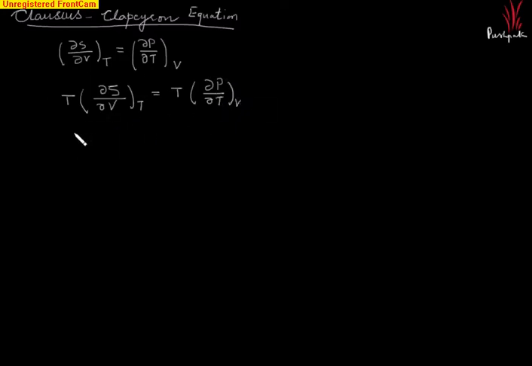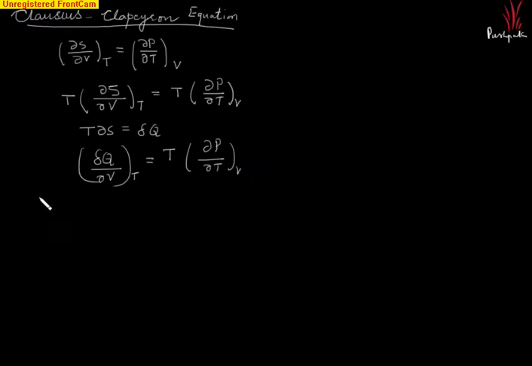In this equation, T times delta S gives us change in heat, and using this the equation may be written as delta Q over delta V equal to T times curly P over curly T at constant volume,